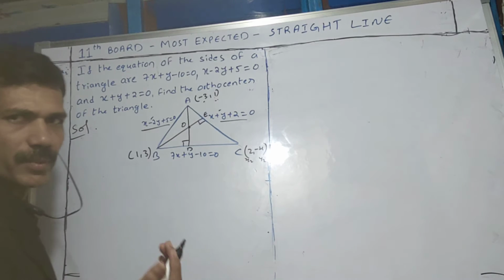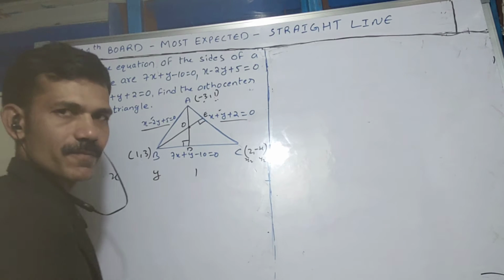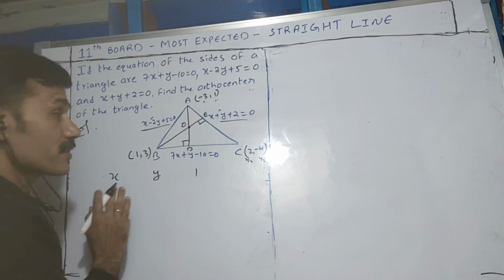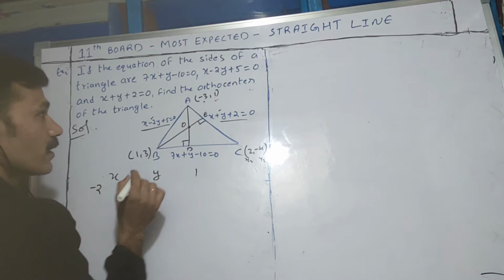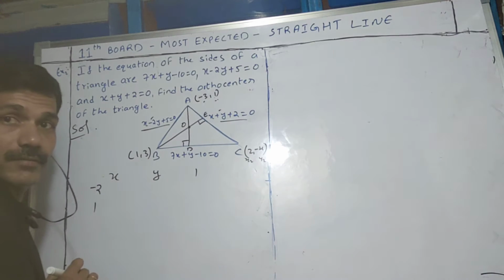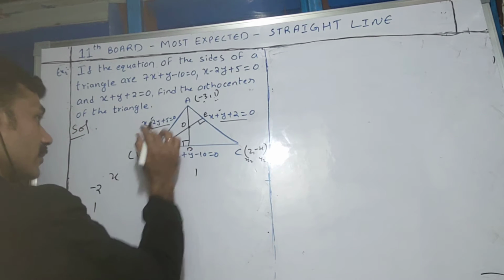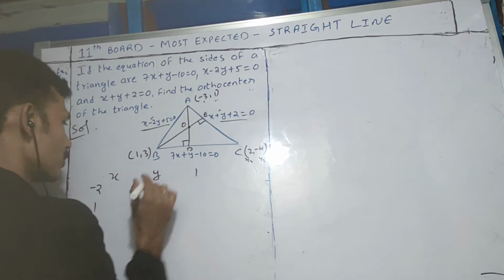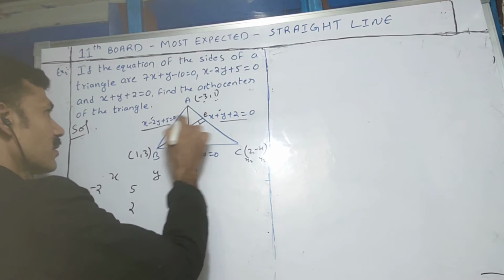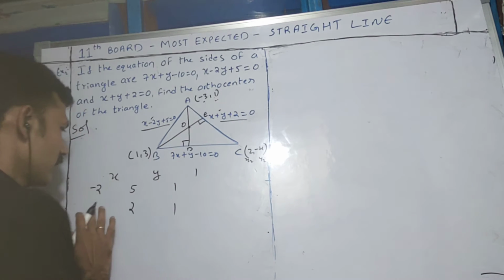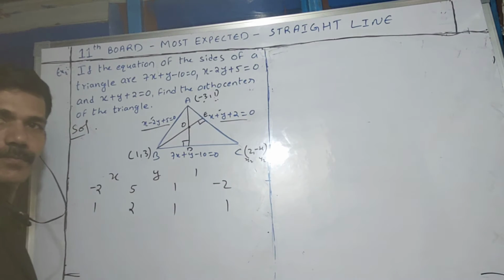Okay, we can use the cross multiplication method. For the cross multiplication method, we will write like this. Here we have to write the coefficients of y. Here the y coefficient is minus 2 and in this line equation it is 1. Next we have to write the constant terms. Here it is 5 and here it is 2. Again we have to write the x coefficients. Here also 1, here also 1. And the same as the first one we wrote, here also we write the same coefficients.